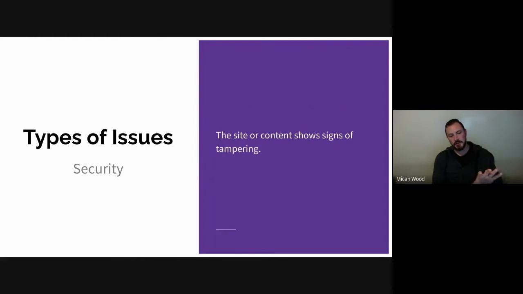Although on the security end, I've had someone's site that would load perfectly fine, but all of their SEO results basically had titles referring to drugs that you could buy. And so it isn't always necessarily directly affecting the performance or functionality of your site. It can also show up as a side effect as well.